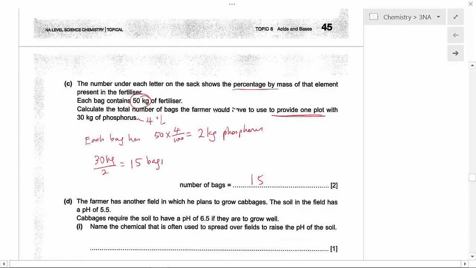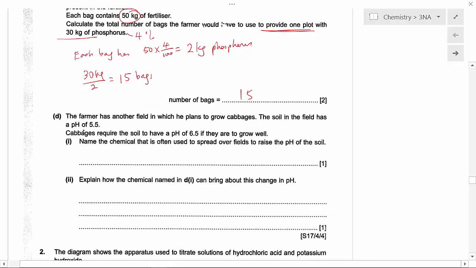To provide one plot with 30 kg, and every bag only has 2 kg of phosphorus, therefore I need 15 bags. Now the soil of this field is pH 5.5, and the cabbage requires 6.5. They need to remove some acidity or increase the pH to 6.5. So the chemical that is used to spread on the field to raise the pH. Raise the pH means more alkaline, so it's actually calcium